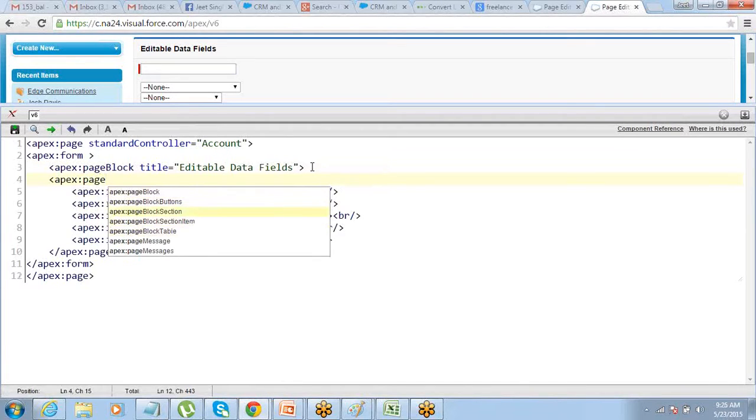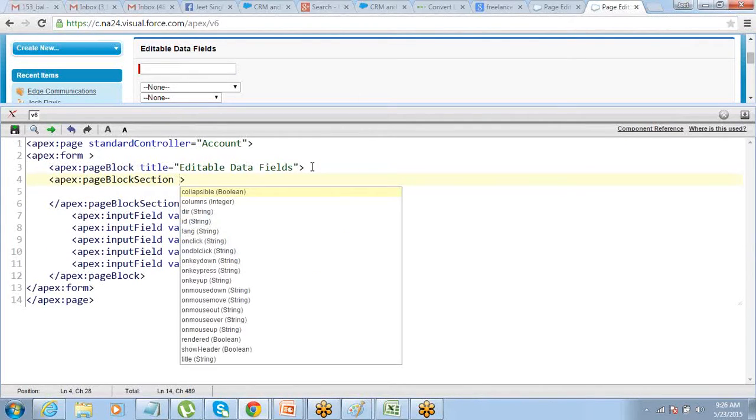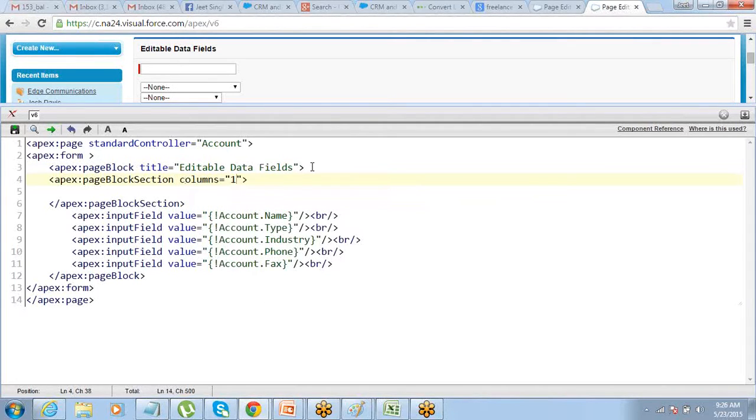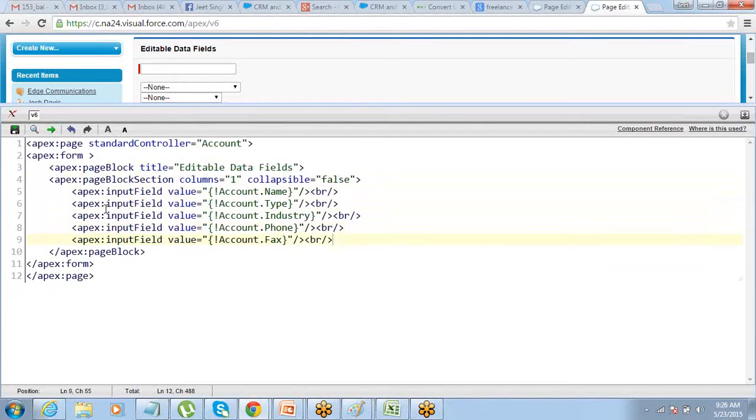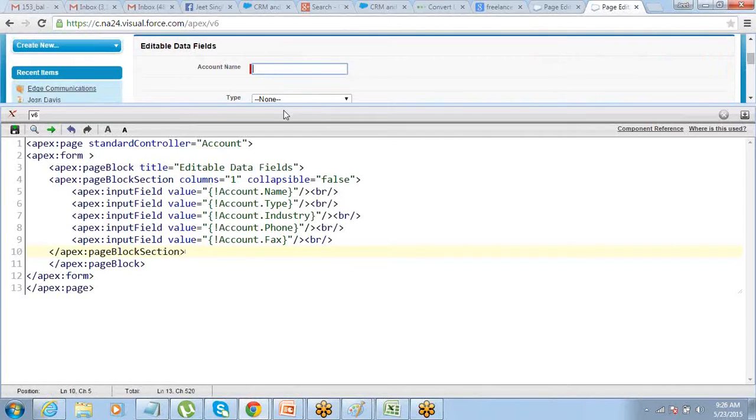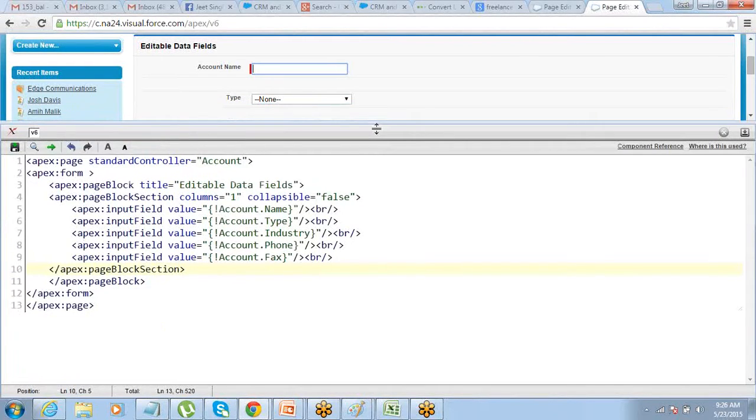Apex page block section. So the moment you have put it inside a page block section, then you don't need these line breaks.